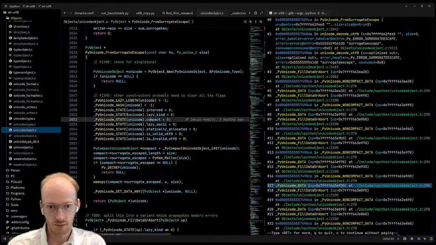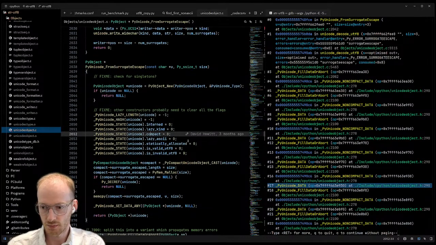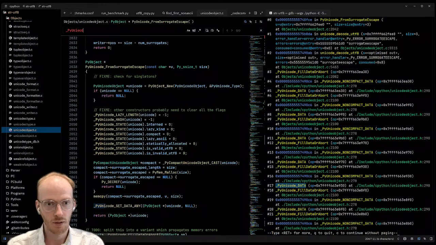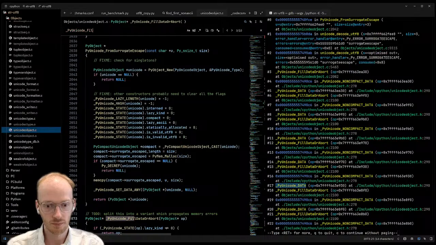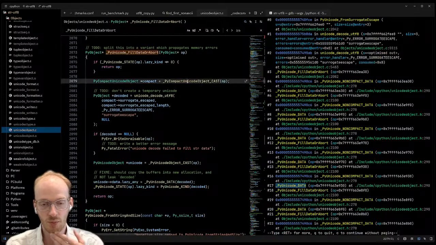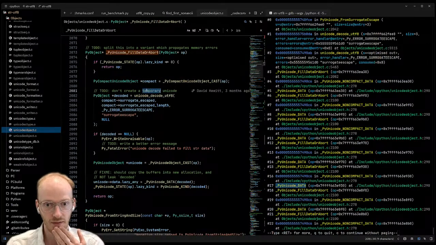Our fill data or abort is creating a new Unicode object and then copying the data over from it. We need to fill in that functionality. We need to do that properly, do we? Yeah.